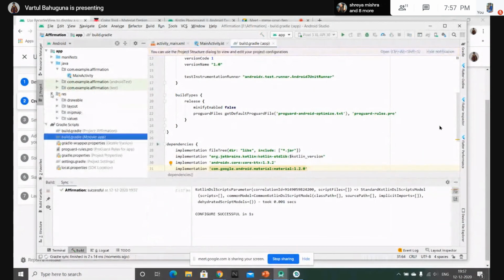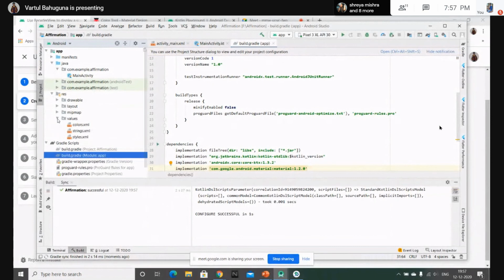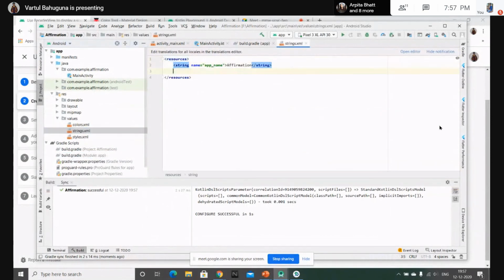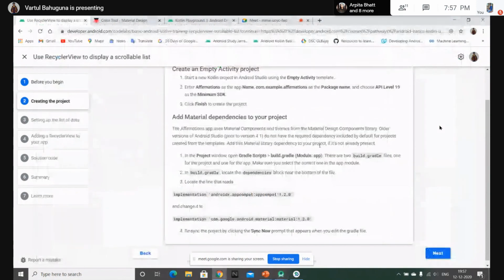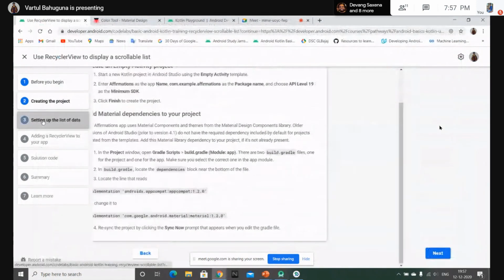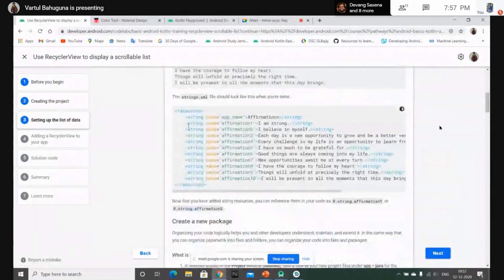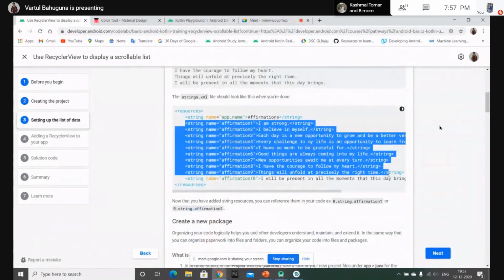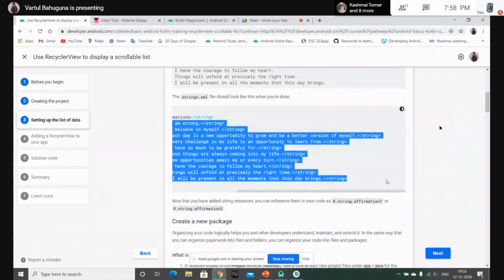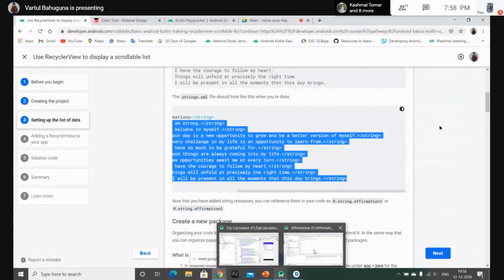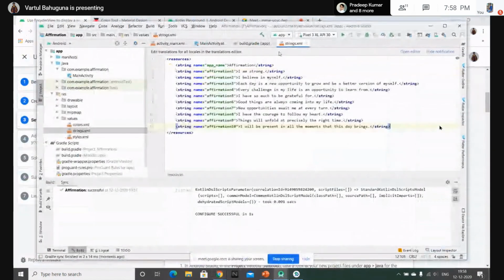And now in the string resource file, let's just add all the resources. Copy and paste. So the first one is the app name, and the rest are the codes.